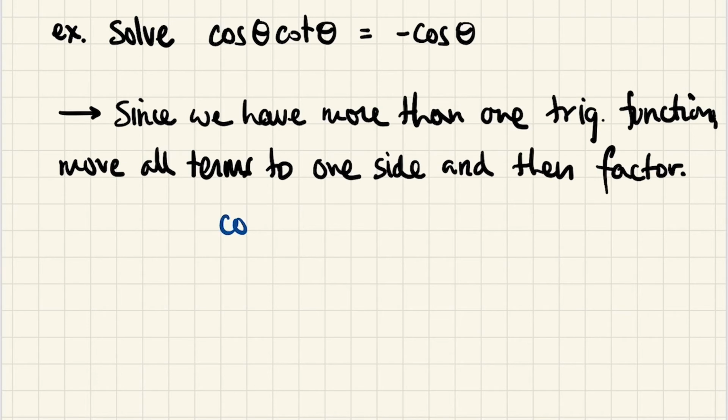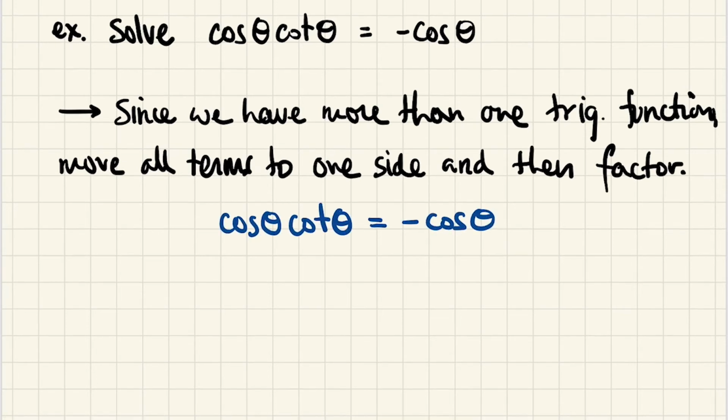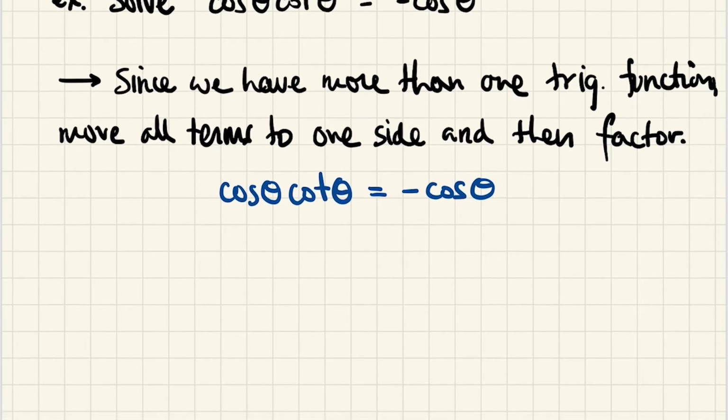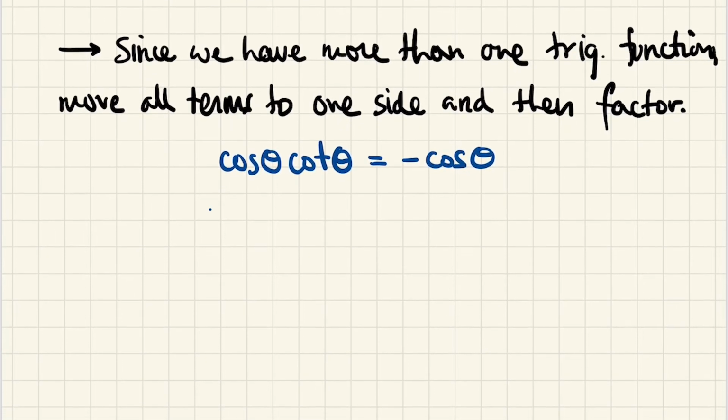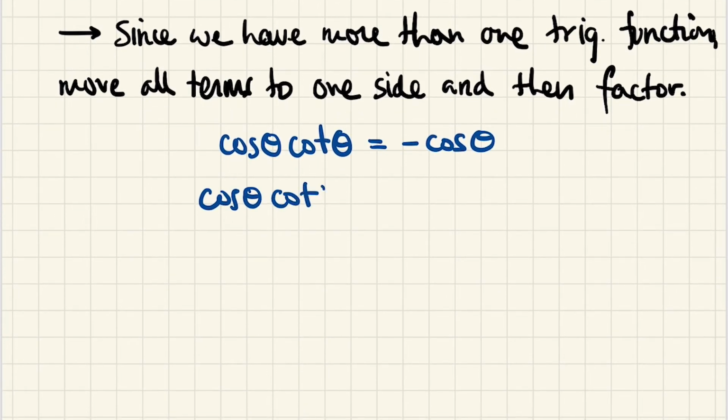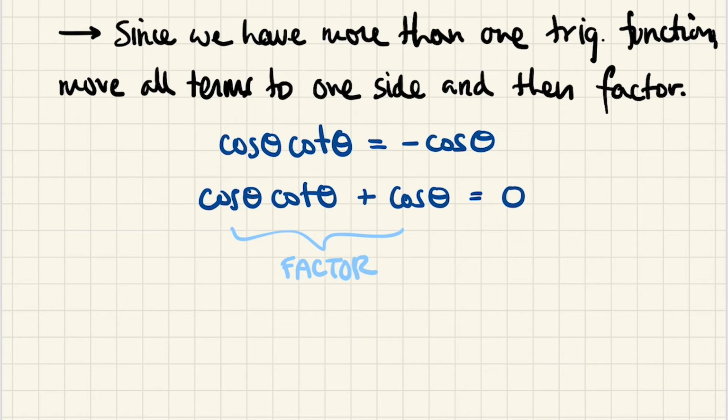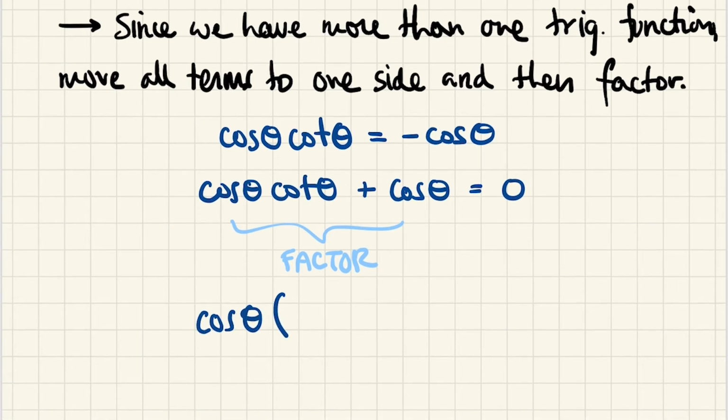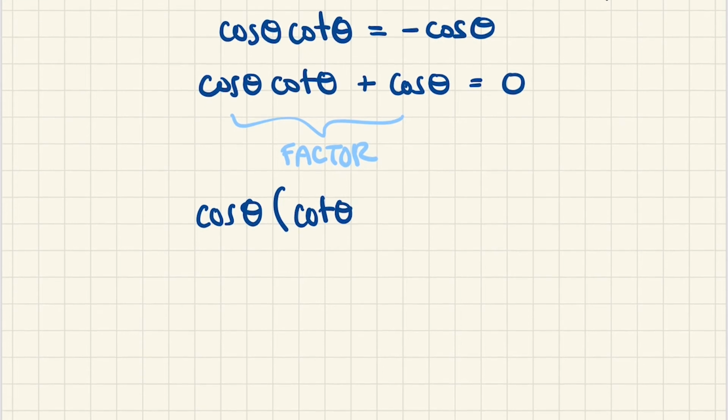All right, so here's the original equation. Let's add cosine of theta to both sides. So we have cosine of theta cotangent of theta, and now plus cosine of theta is equal to 0. Now you can see that we can factor, because we have two terms and they have a cosine of theta as a common factor. If we factor the cosine of theta out, we'll have cosine of theta times cotangent of theta plus 1